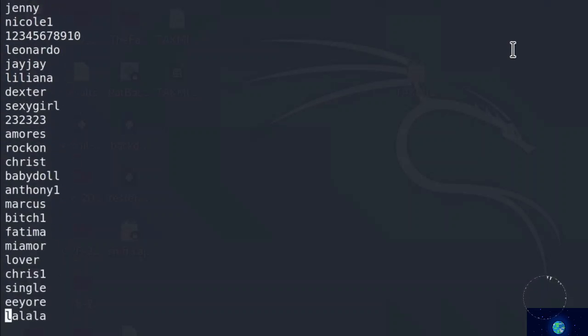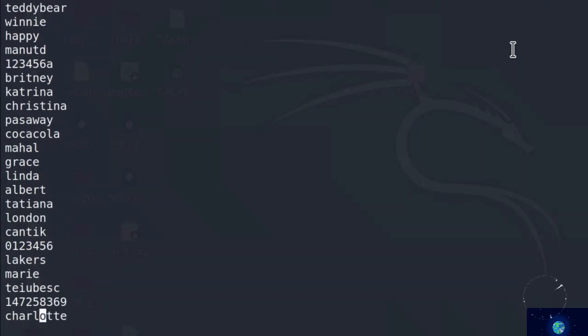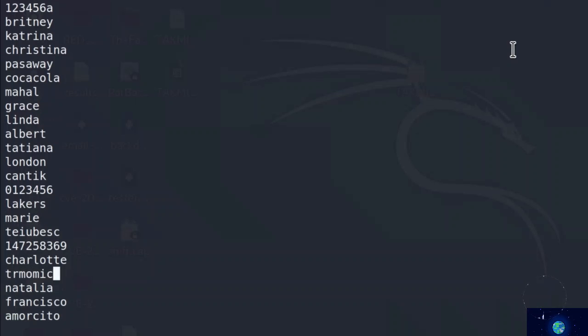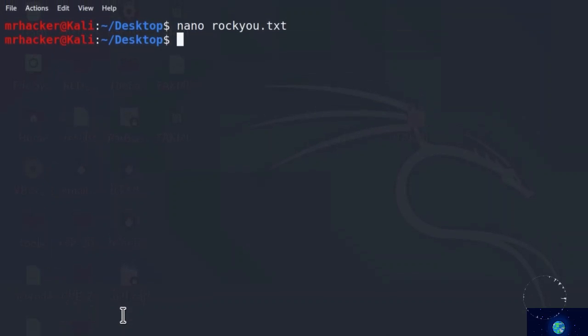So I'm going to stop right here, and let's type a new line, and here I'm going to add the correct password to my wireless access point, and it is this one right here. Now you should do the same thing, just scroll a little bit down through this password list and write your password somewhere in the list, and you will notice that it will manage to find this in less than 1 second. So let's save this first, Ctrl O, it will write this to the file, and then we press